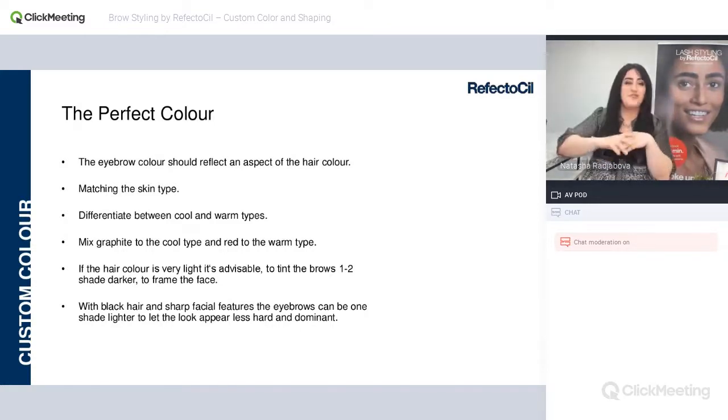I know there are some trends now, as you'll see in the presentation, with the bleached out brows, but usually those trends are mostly for runway looks. So if you're a makeup artist, well, you know you're going to use your bleaching paste to give that look, okay? With black hair and sharp facial features, the eyebrows can be 1 shade lighter to let the look appear